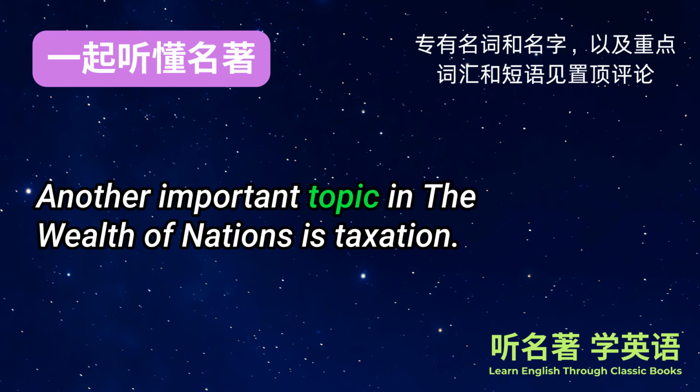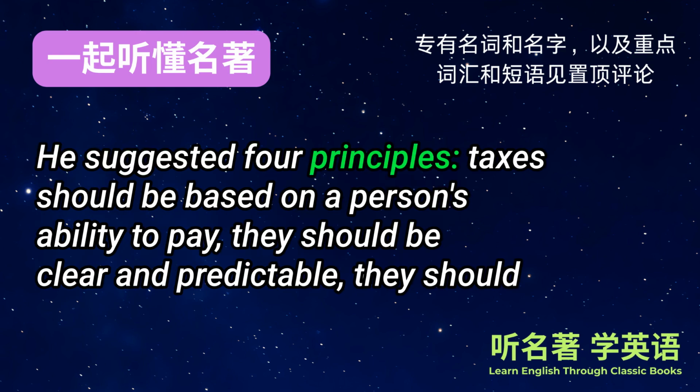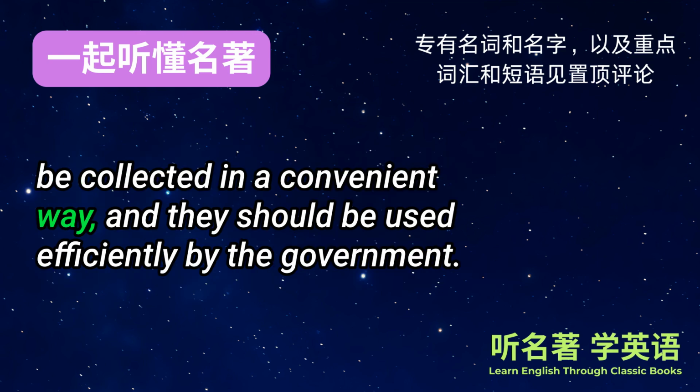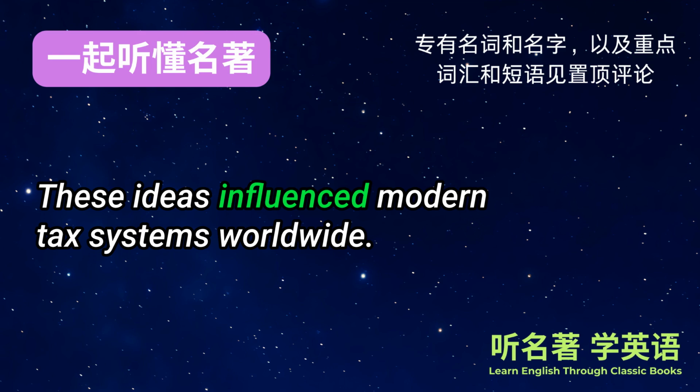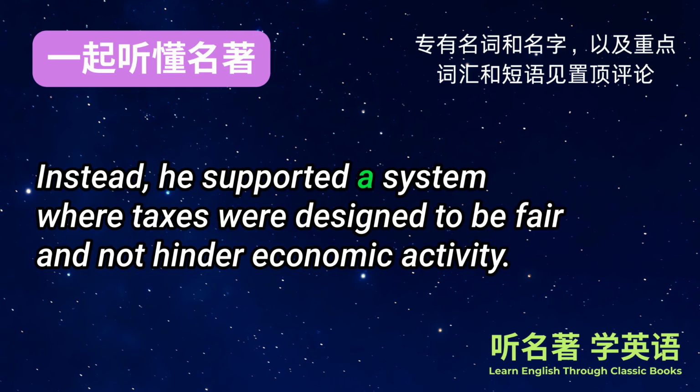Another important topic in The Wealth of Nations is taxation. Smith believed taxes should be fair and not discourage people from working or investing. He suggested 4 principles. Taxes should be based on a person's ability to pay, they should be clear and predictable, they should be collected in a convenient way, and they should be used efficiently by the government. These ideas influenced modern tax systems worldwide. Smith believed that high taxes could harm economic growth by discouraging work and investment. Instead, he supported a system where taxes were designed to be fair and not hinder